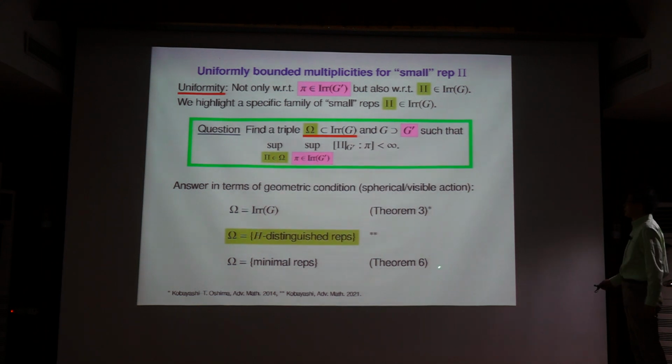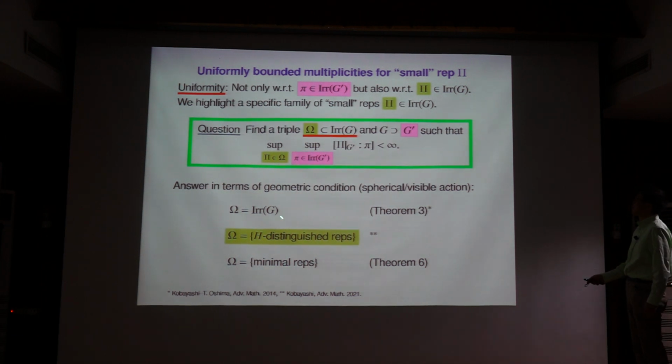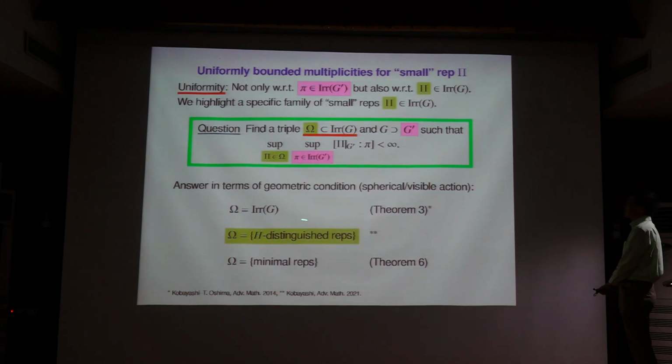And on the other hand, Theorem 6 says that we take an arbitrary pair of reductive groups, reductive symmetric pairs. Then we saw that if there exist minimal representations, then it's a singleton. Then we have such an estimate. So now we want to consider the intermediate case,